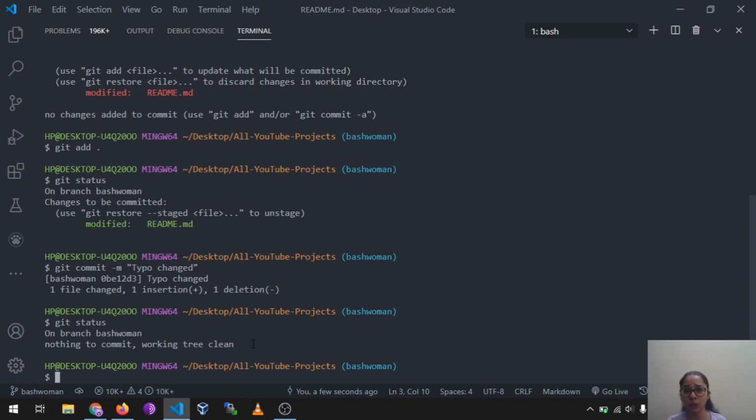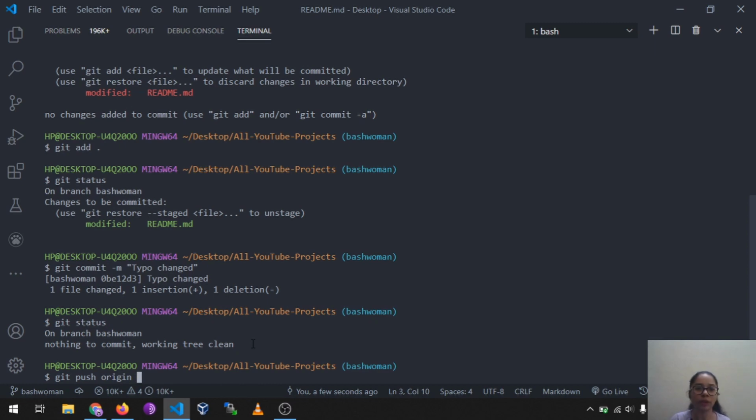How do we reflect those changes to the remote repository? To do that, you just need to type git push. Push means take those changes from your local system and push them to the remote repository. So git push origin. Origin is the default name for the remote URL.